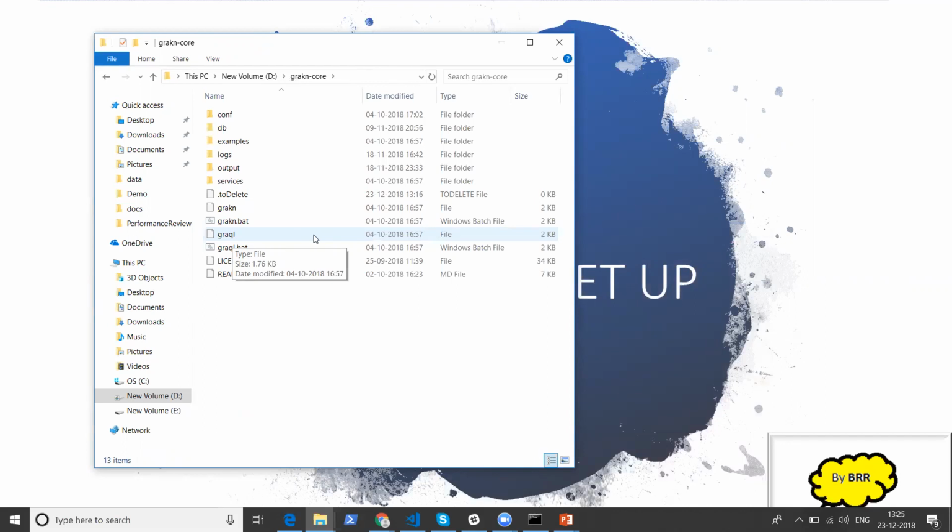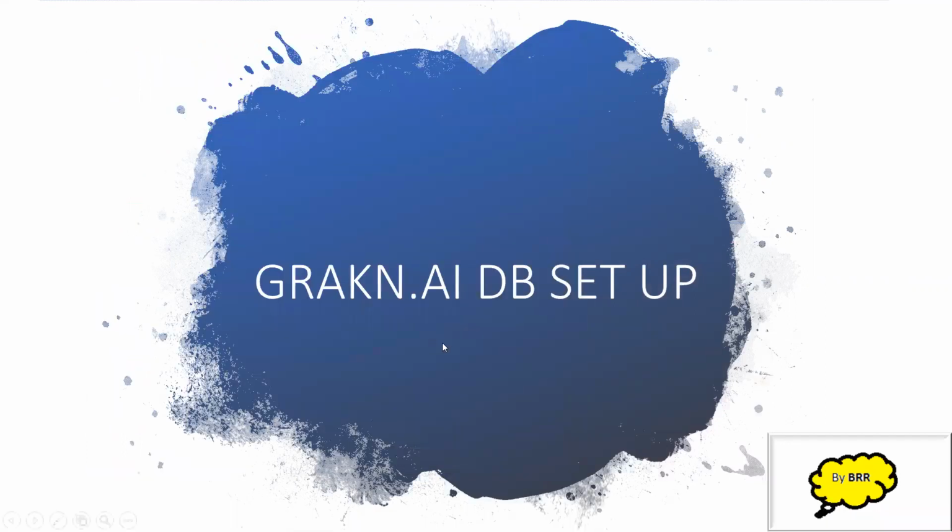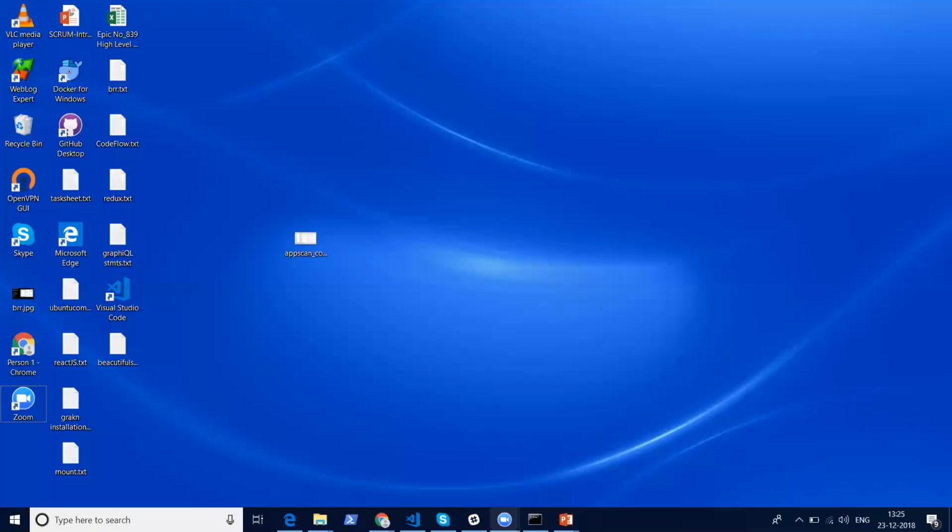In the GUI part, we can directly run the queries, but that is a different story. In both environments, the console and the GUI, we use GQL statements only. That is the syntax of Grakn. So once you download this particular thing,